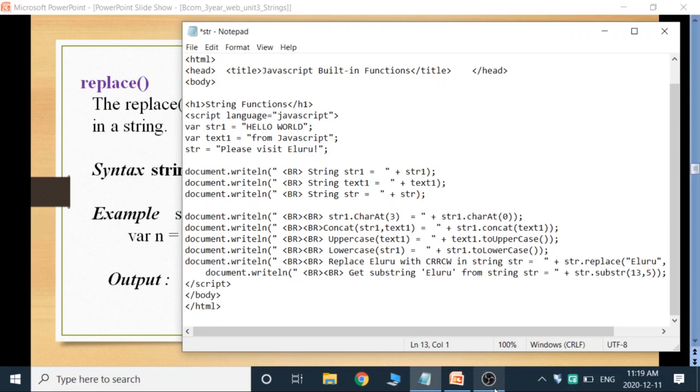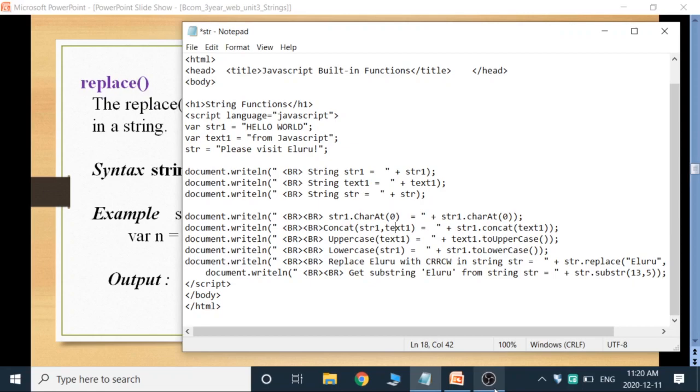document.writeln str equals str1. Similarly, text1 and str. Now I am using the string manipulation function charAt at index 0. So at index 0 in str1, which is hello world, the particular character at index 0 will be displayed.